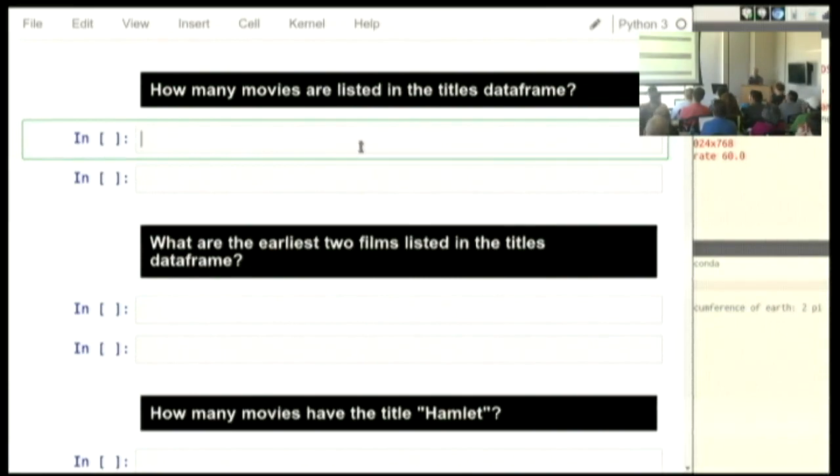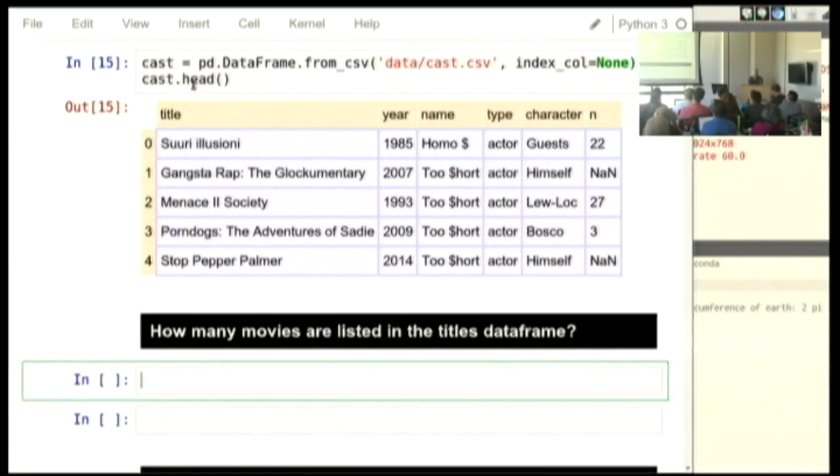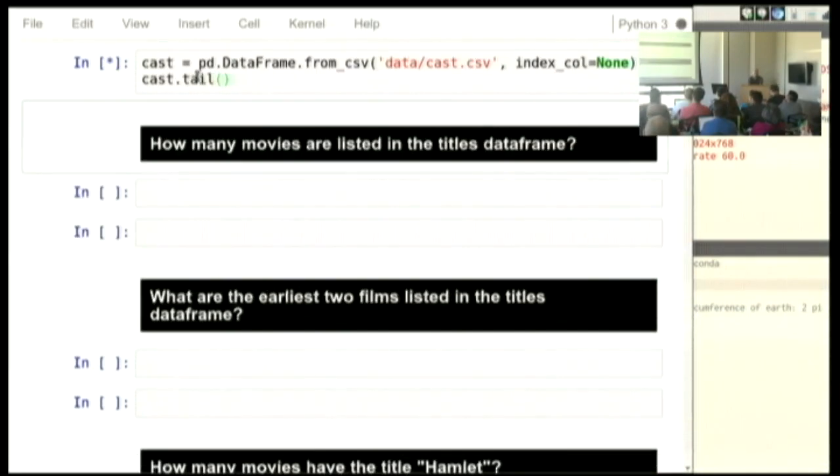But this is a data frame that has every single role in every single one of those 215,000 movies. And so what we're going to look at here is, because I'm going to probably be looking at the head and tail of these, let's see if the tail is any better. Oh, and of course, rerunning that cell is making it load the entire CSV back up.